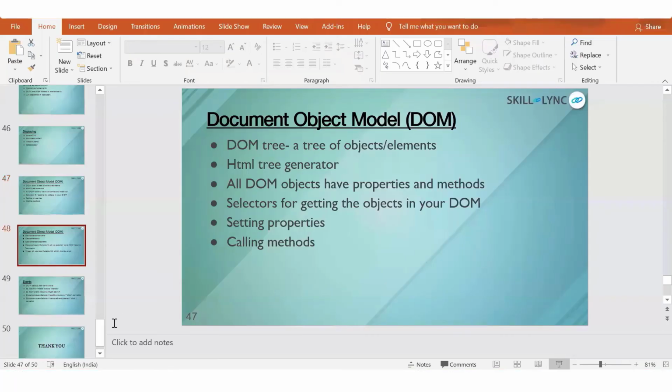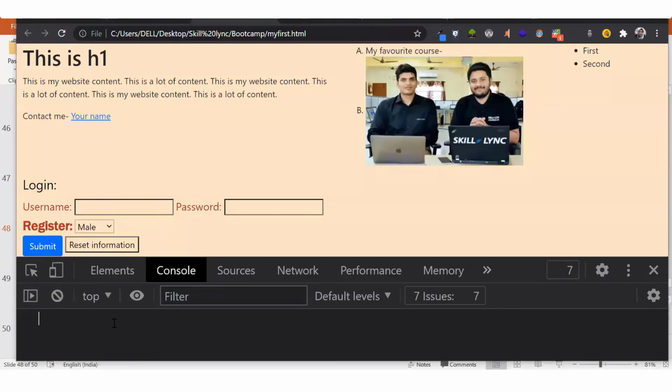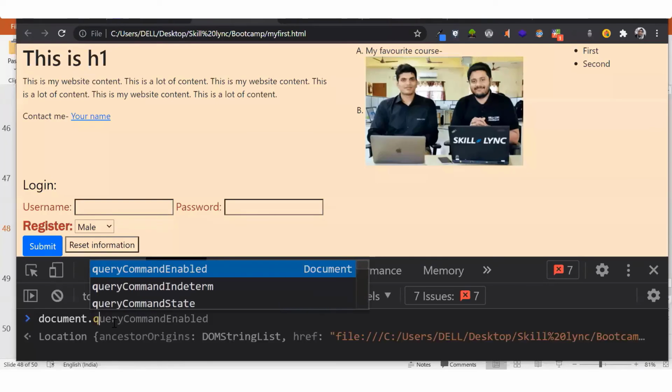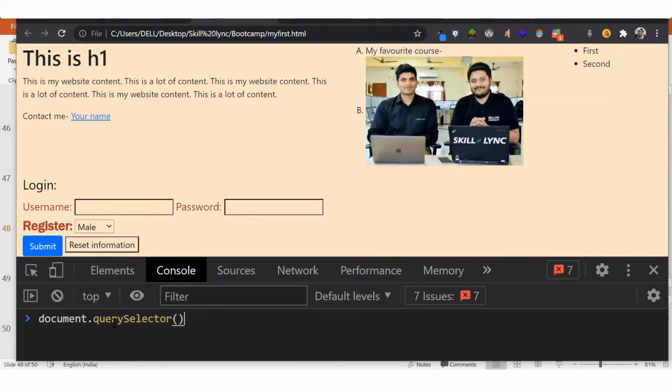again F12, we could do document.querySelector, and then I would use, let's say, the user class. As you can see, this username has the user class, even the password has the user class, right?